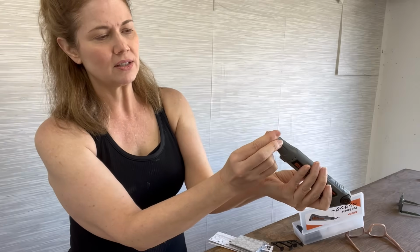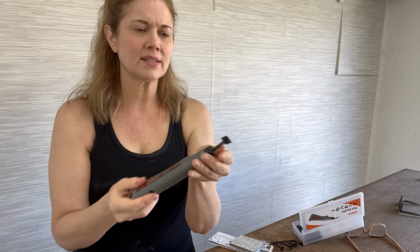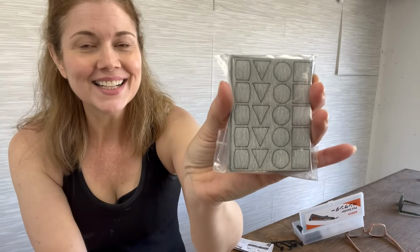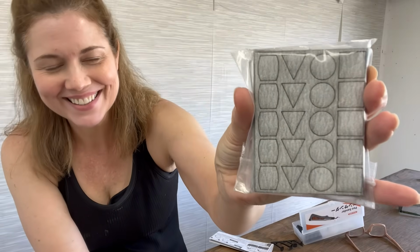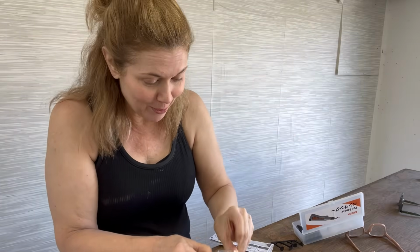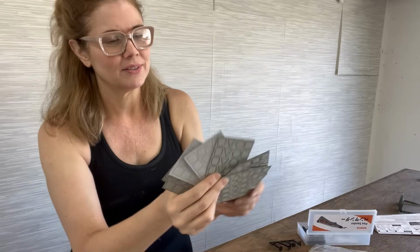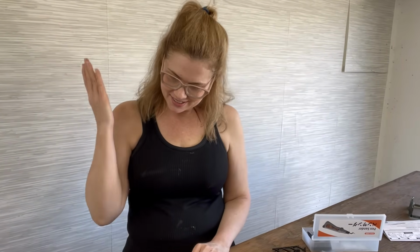All you do then is turn this, and that locks it in. And then it comes with all of these adorable little teeny tiny sandpapers in all of the shapes and all different grits. Isn't that adorable? Oh my gosh, it's so cute. Handy, yes? So let's give it a shot, shall we? Maybe it will actually work and